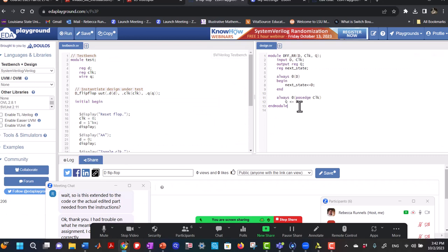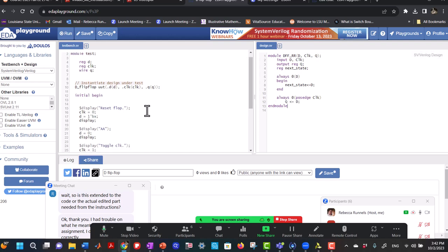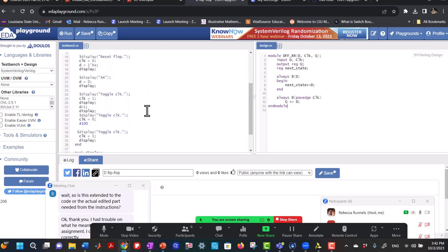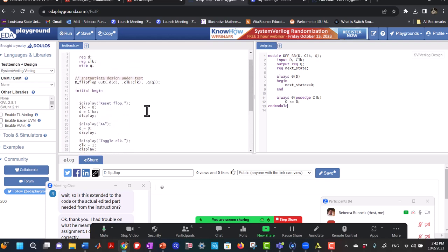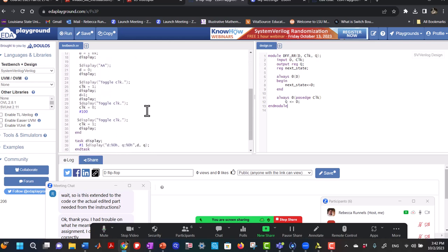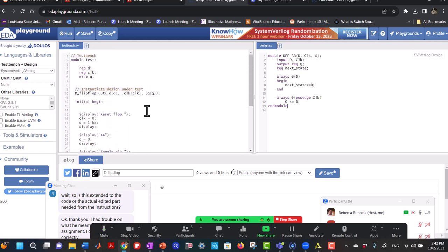I had done this earlier, so I think it's the same thing that we have, just kind of different. And I had put in a test bench here. We can do this later, but I'm just going to show you how this test bench works. And so what I put in this test bench